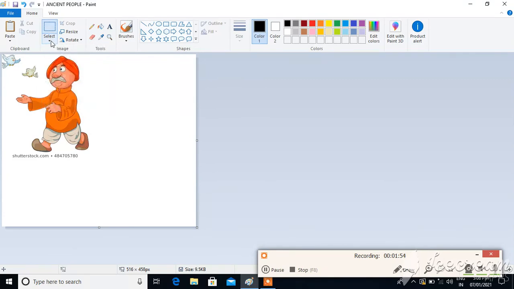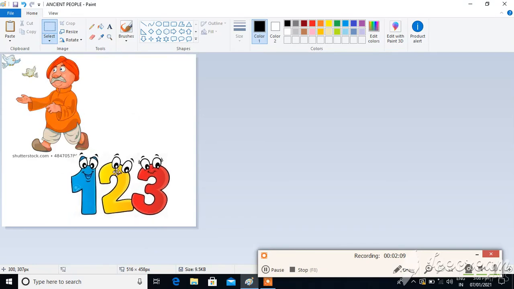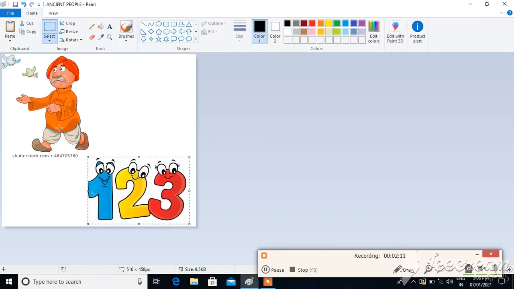I will remove this. Click on transparent selection. Select the image. Then paste. Oh, the previous image got pasted. No problem.